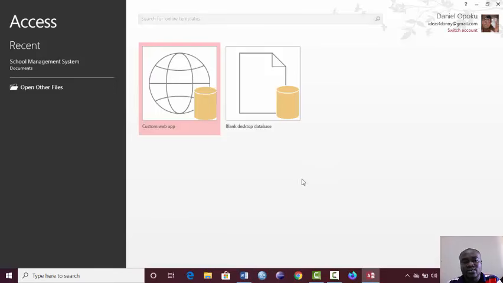You're going to see what they call the custom web application or a blank database. Just locate the blank database or desktop database for these practicals. The web one is actually used when you want to connect to the internet. I want to create just a desktop application, so you move forward to the blank database. So click on the blank database,